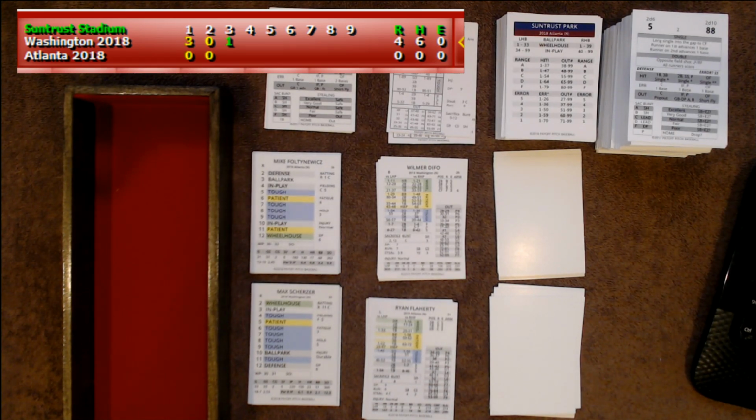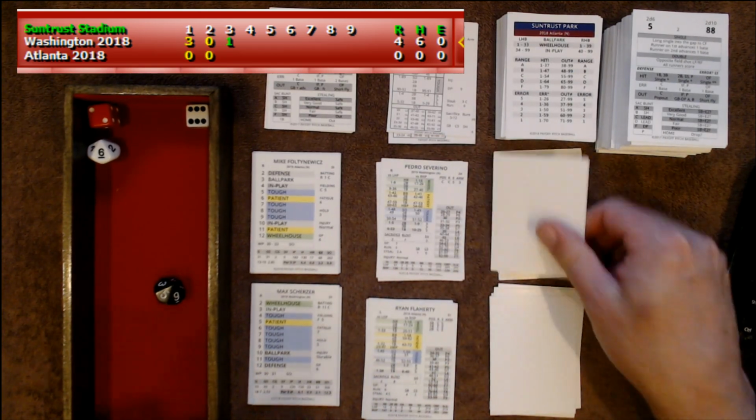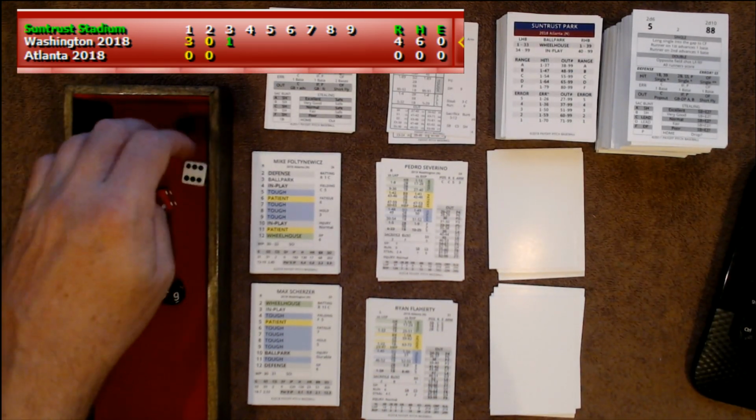Unfortunately. William Defoe, 1 on, 1 out, runner at second. That is an 8. Tough 56, and that's going to be out of range. 56 is a fly ball. It's going out there in right field, and a runner will stay at second. That's fine. Pedro Severino.